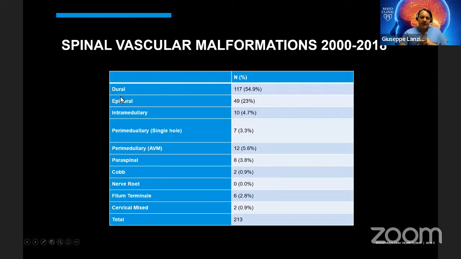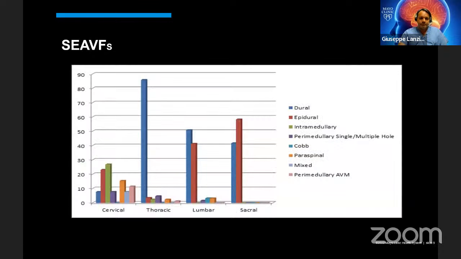But I was surprised to find, once you start recognizing them, how we went from 6 to 24. And in 2018, 4 years ago, we were already up to 49 cases of epidural AV shunts. Now, here is something very